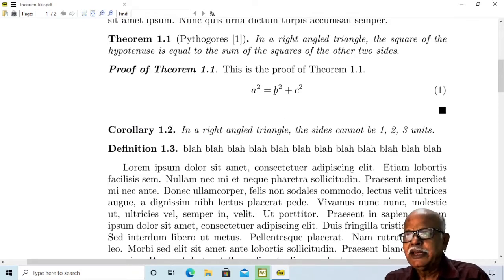Then you find equation number 1 is appearing all right, but this end of proof is appearing in the next line. This causes a problem in many cases.